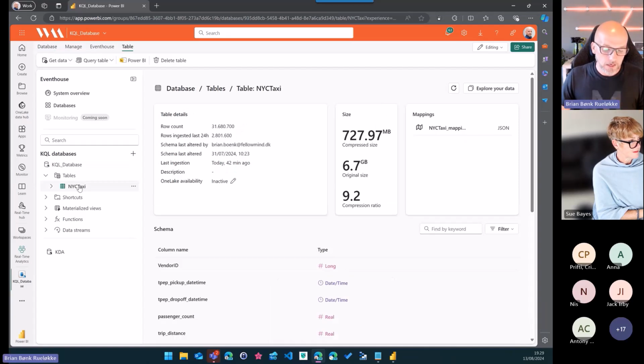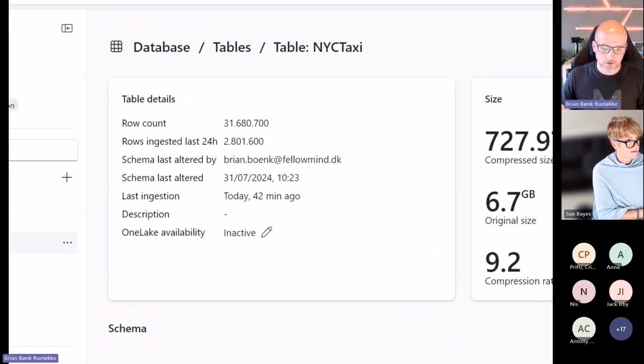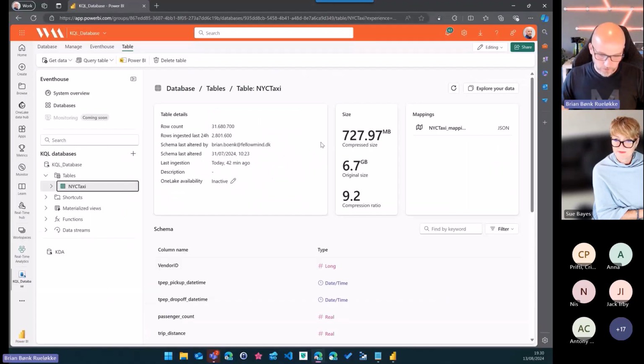The New York City Taxi table contains 31 million rows, and in the last 24 hours, it has ingested 2.8 million rows. Normally, I do this demo with billions of rows, but yeah, just accept 31 million rows. I hope that's fine. What else? Yes, this one over here.